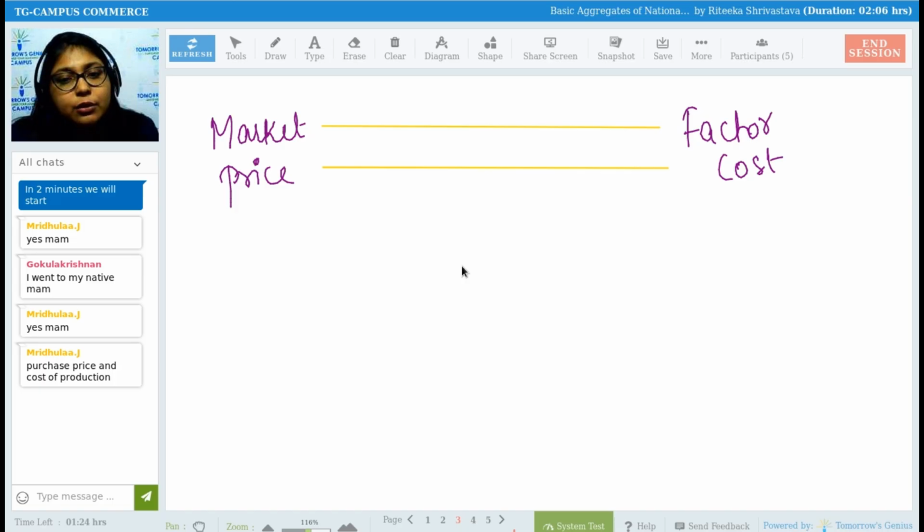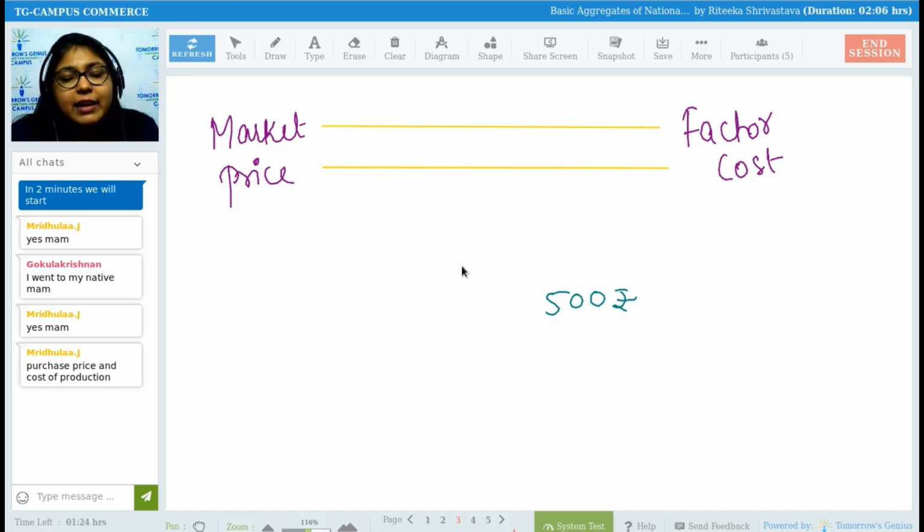Now when you go to a particular restaurant, say Pizza Hut, McDonald's, Domino's, you will see that the price of that pizza is 500 rupees, and when you add this pizza to your cart,